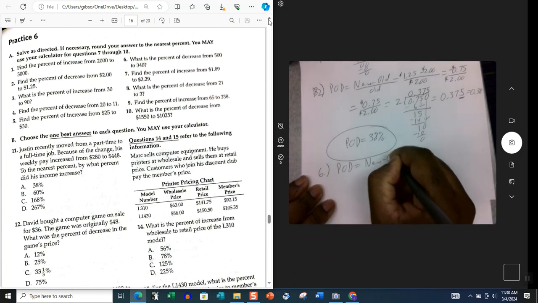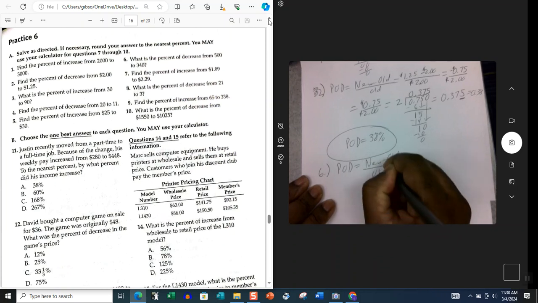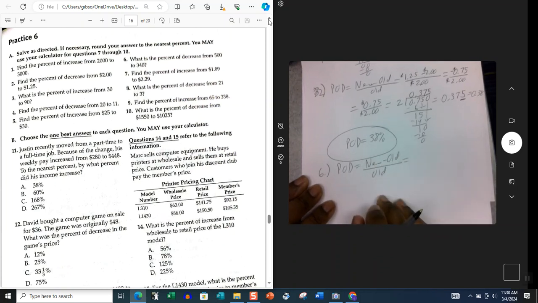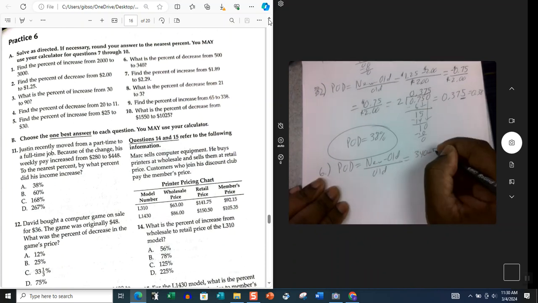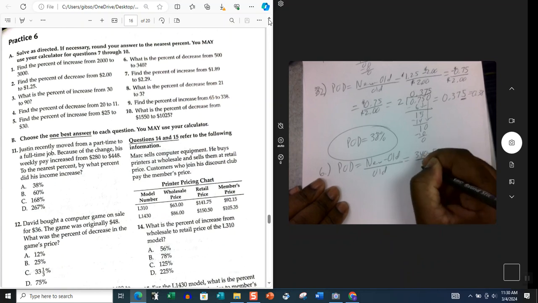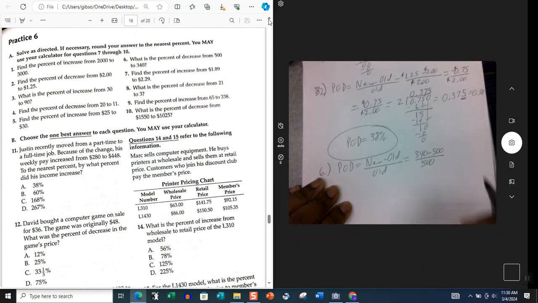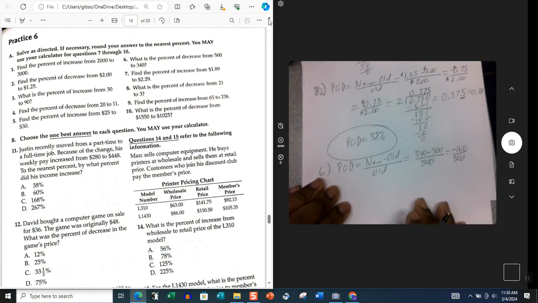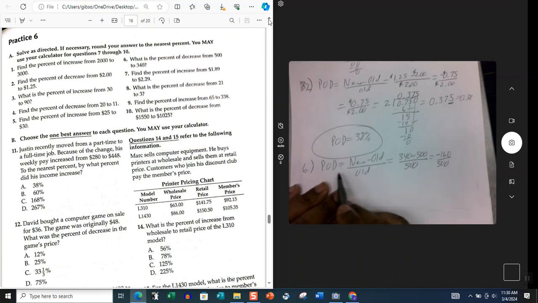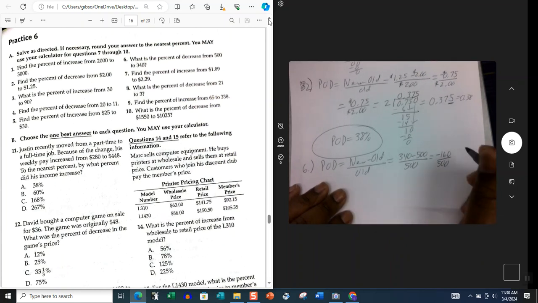New minus old divided by old. It says, what is the percent of decrease from 500 to 340? So 340 is your new value, 500 is your old value. 340 minus 500 will give us a negative 160 over 500. Now we know because we're doing percent of decrease, we would drop the negative sign, but we could also divide